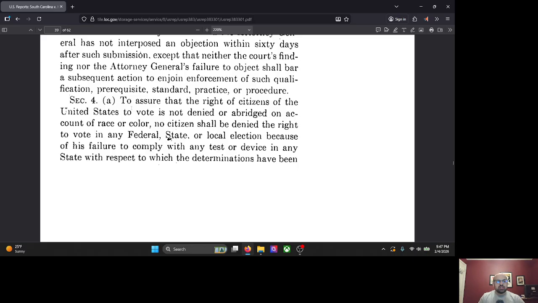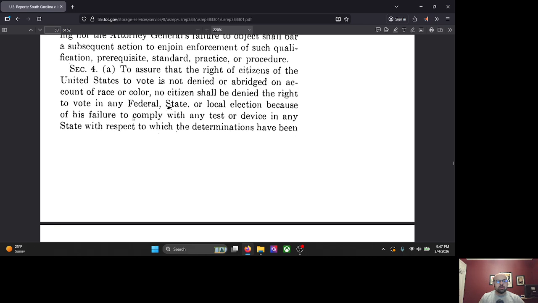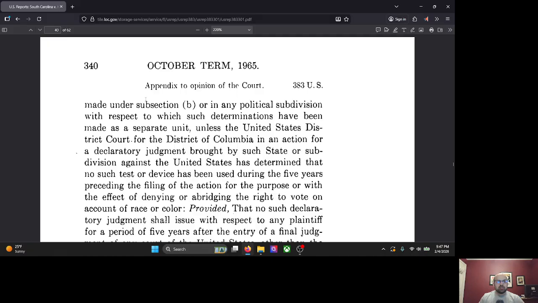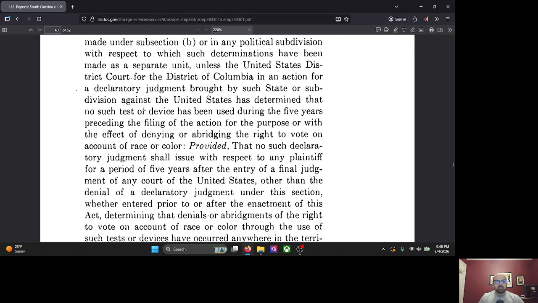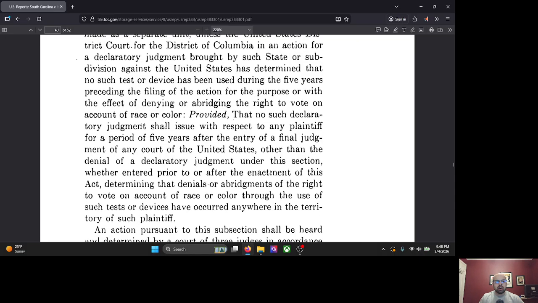Section 4. To assure that the right of citizens of the United States to vote is not denied or abridged on account of race or color, no citizen shall be denied the right to vote in any federal, state, or local election because of his failure to comply with any test or device in any state with respect to which the determinations have been made under subsection B, or in any political subdivision with respect to which such determinations have been made as a separate unit, unless the United States District Court for the District of Columbia, in an action for a declaratory judgment brought by such state or subdivision against the United States, has determined that no such test or device has been used during the 5 years preceding the filing of the action for the purpose or with the effect of denying or abridging the right to vote on account of race or color,